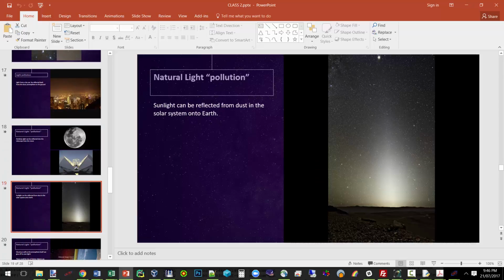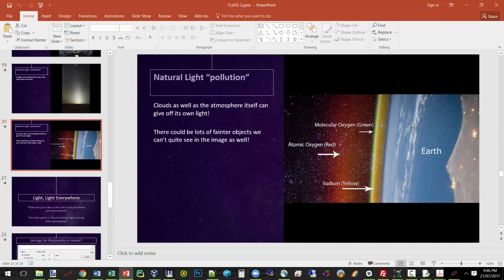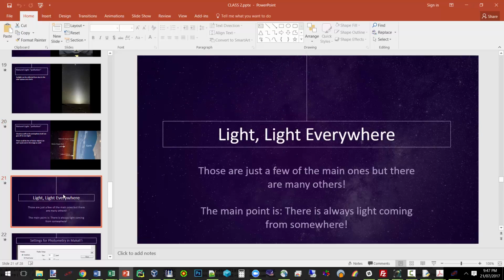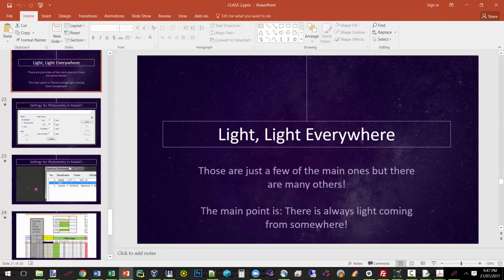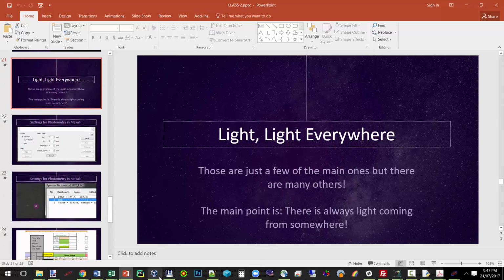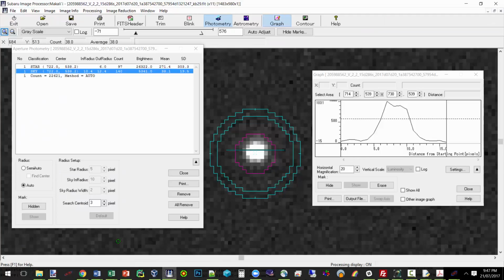You also have light reflected from dust in the solar system into the telescope, so if you took the image at different locations, you'd have different sky brightness. You also have the sky glowing itself due to different types of molecules hanging out. But there's light everywhere, and we need some method to get rid of the sky. We do a different method using that PowerPoint, but for this method,